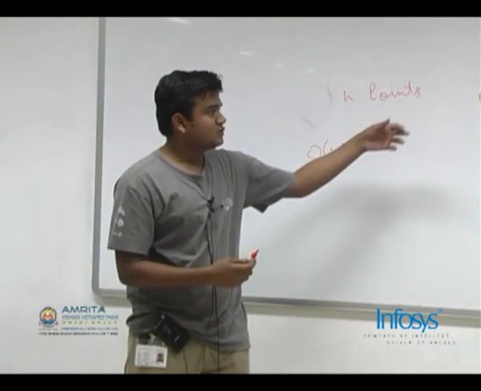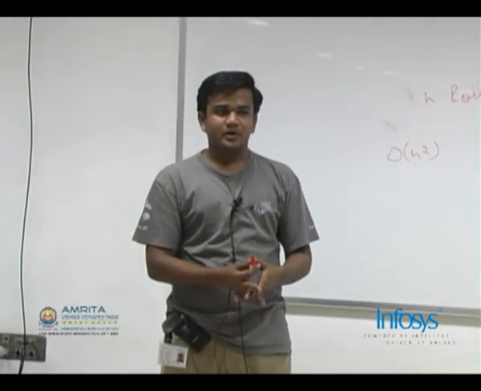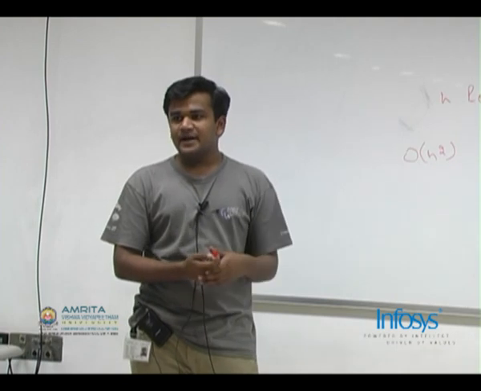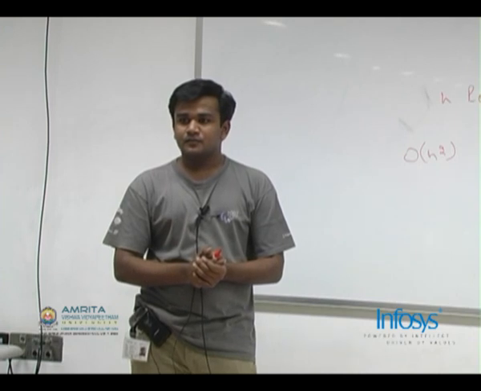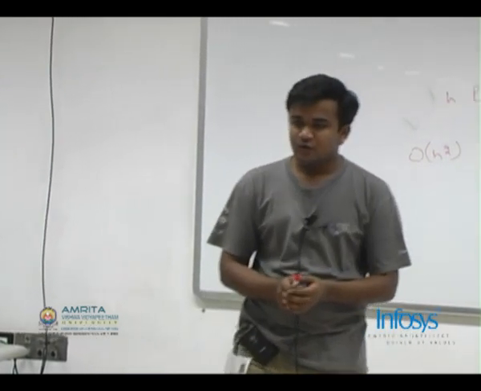Anyone here wants to suggest some better method for this? You guys can take some 5 minutes and think. What can you do better on this? You can sort the points and take the extreme. What do you want to sort the points on? First according to x coordinate and then according to y coordinate. If two x's are equal, then sort according to y, then take the extreme points of it.